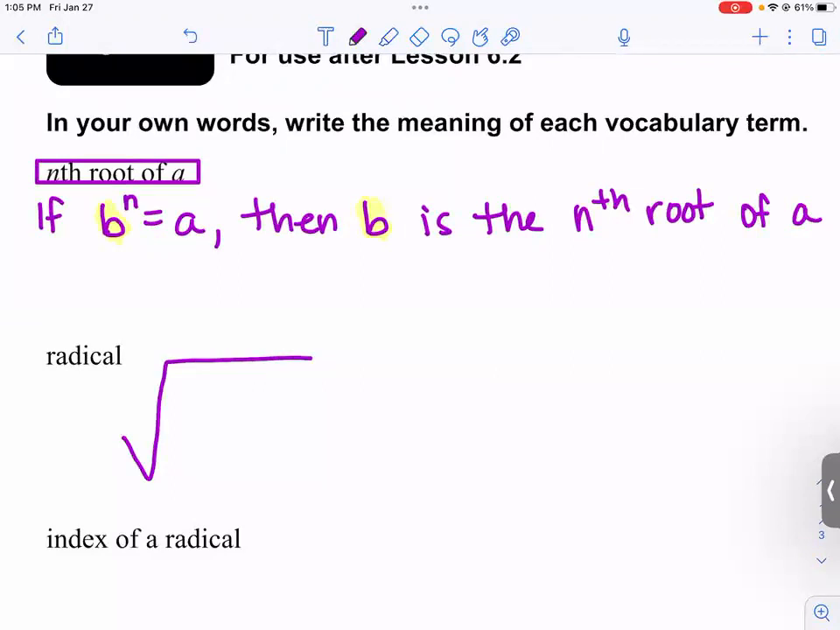I didn't know that was called that. This is called a radical. I thought that was a square root sign. Yeah, the square root sign is the radical. So this is called the radical because